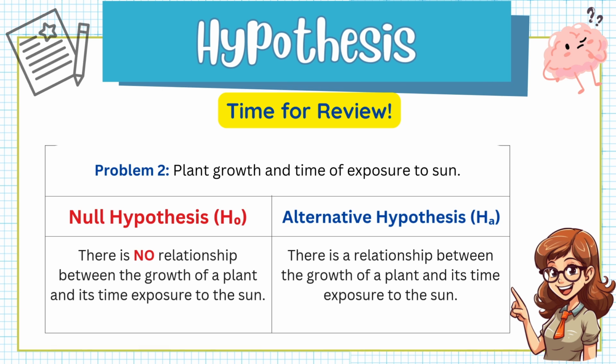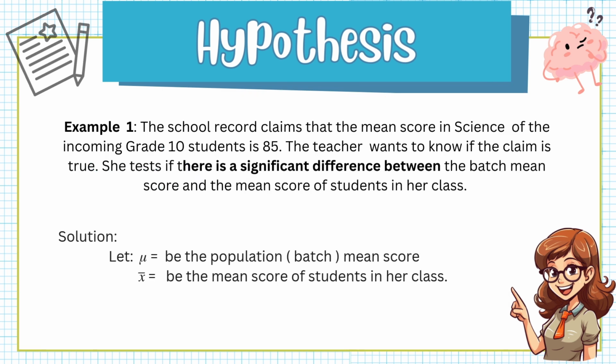This time, let us study another example on formulating null and alternative hypothesis. Let's read this problem or example number 1. The school record claims that the mean score in science of the incoming grade 10 students is 85. The teacher wants to know if the claim is true. She tests if there is significant difference between the batch mean score and the mean score of students in her